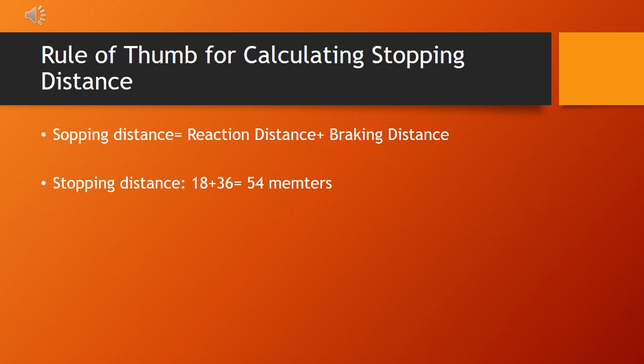So, when we add the reaction distance to the braking distance, we get the total stopping distance. In essence, it accounts for the distance it takes for you to react to a situation and then apply the brakes, as well as the distance your vehicle travels while it's actually coming to a stop. This concept is crucial for understanding how quickly your vehicle can come to a halt in response to different situations